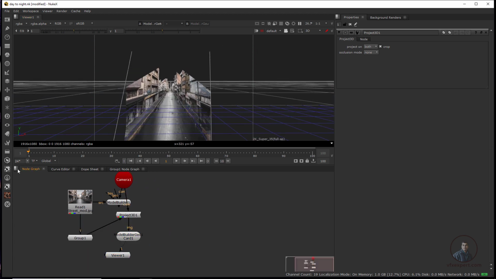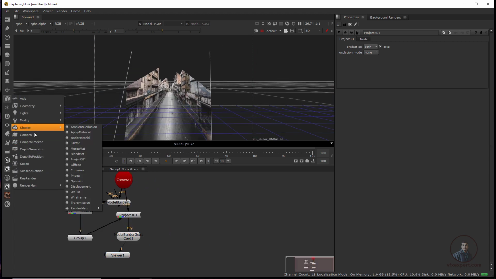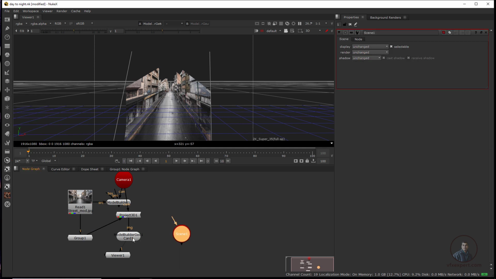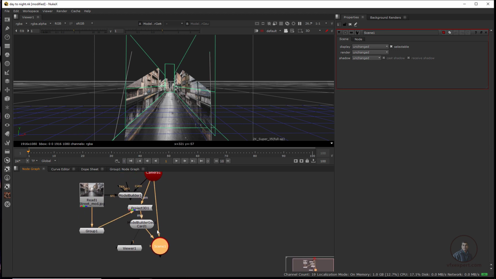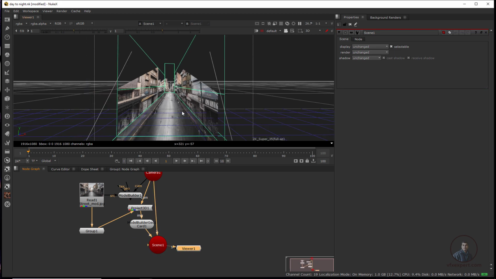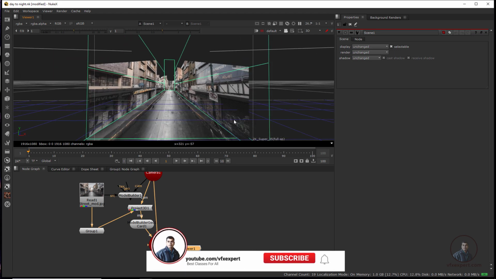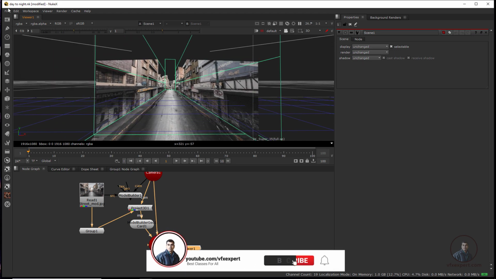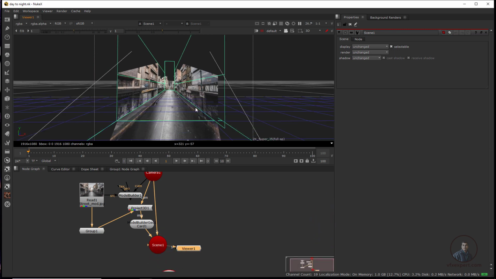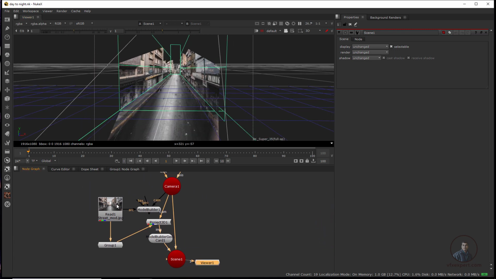Now just take a scene node, then attach all these things here, simply connect. Now select and press 1. So easily you can see. So this is our 3D setup with the help of projections, okay. So till here, save our project, then simply click on file, click on save. Now adjust this flow a little bit here.